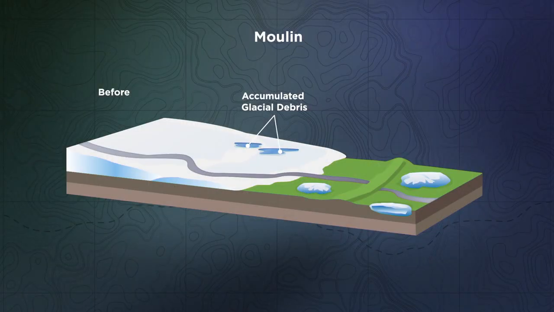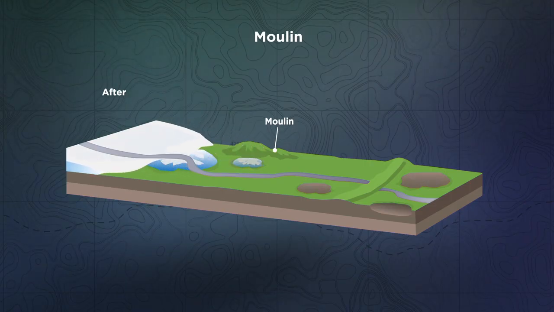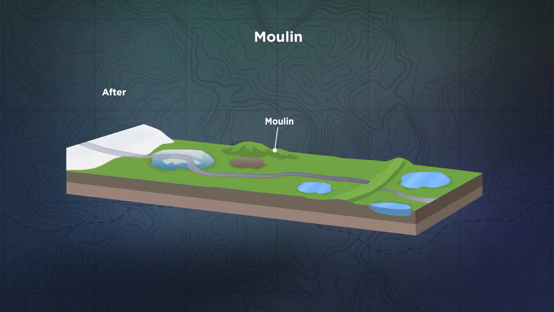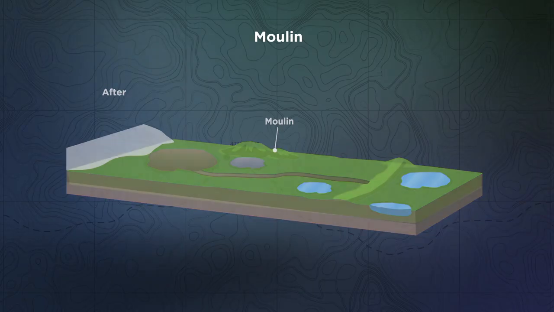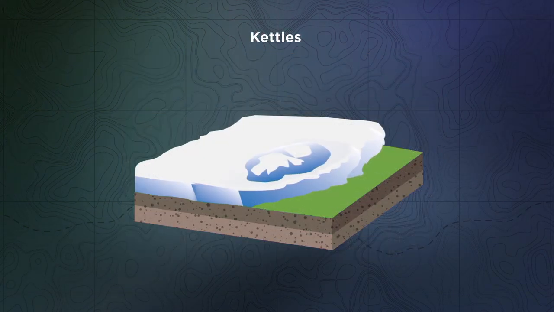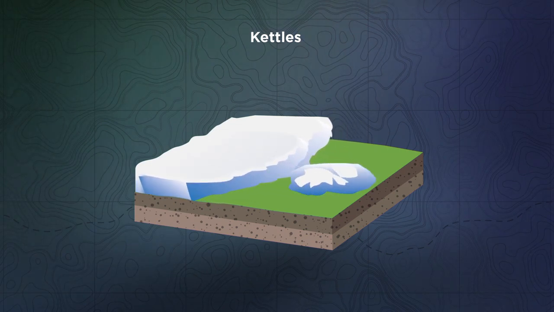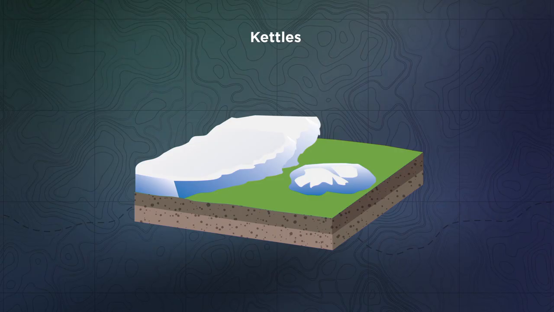Similarly, vertical holes called moulins form on the surface of a glacier, where water frequently drains in and debris will collect. Moulins are relatively small compared to the size of the glacier they form on. But when the glacier disappears, you're left with the debris that filled the moulin, which stands as a hill. Yet another interesting example of inverse topography is formed by blocks of ice collapsed off the edge of a glacier as the margin retreats. As a glacier melts, chunks of ice break off. Some can be the size of large buildings.